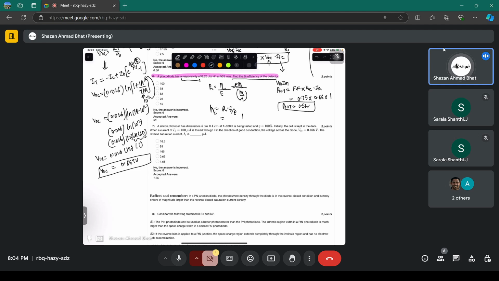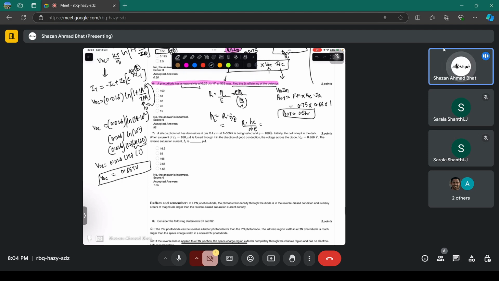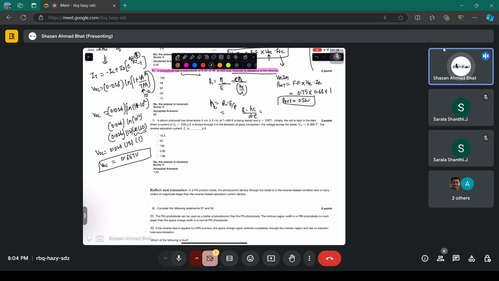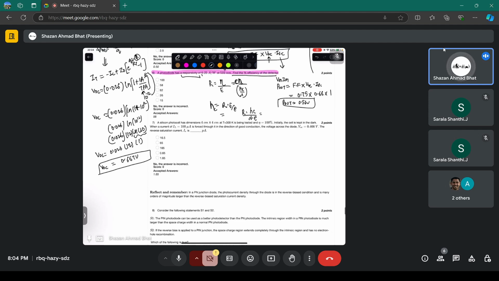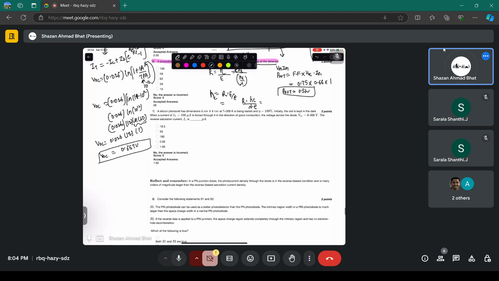So you need to first of all evaluate hc by lambda from here. And I think this will be approximately maybe 2.3 electron volts. Then you can use this particular value, and other things have been given. Responsivity is given as 0.25, and you can multiply simply 0.25 by 2.33, which will give you